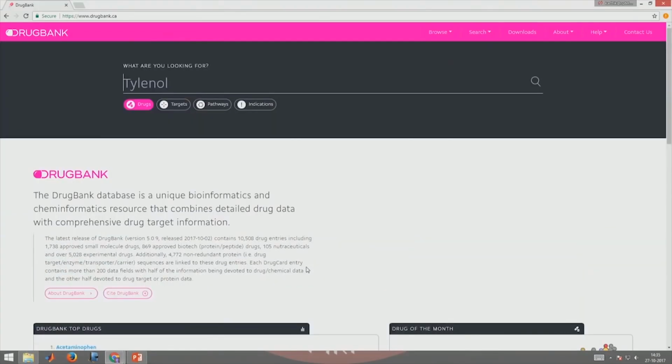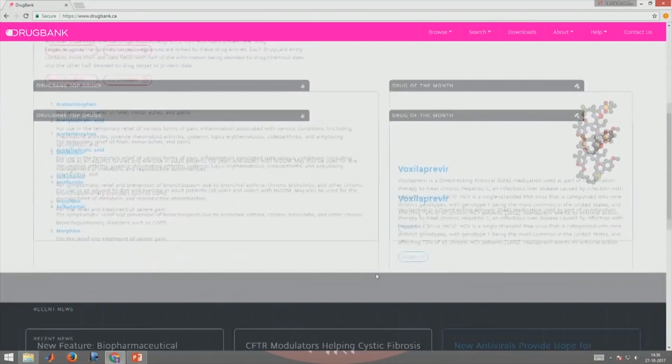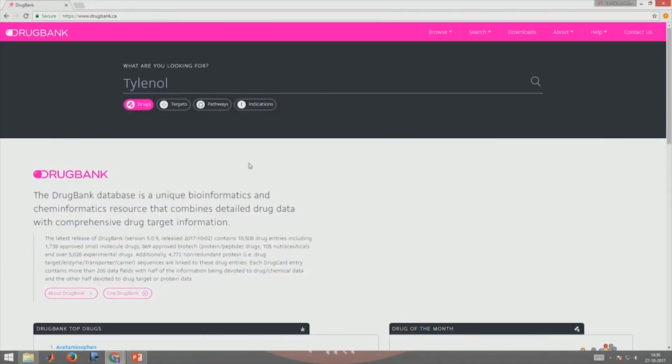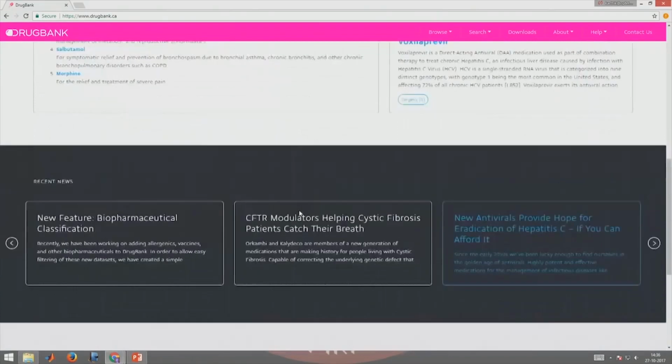So, now we can start searching this also, for example, okay, this is a drug of the month, DrugBank top drugs: acetaminophen, this is used for aches, pains; acetylsalicylic acid; metformin I talked about; aspirin I talked about; morphine is a drug used for severe pain, it reduces the pain which you have. Okay. So, this is a very useful database we can use for our study,